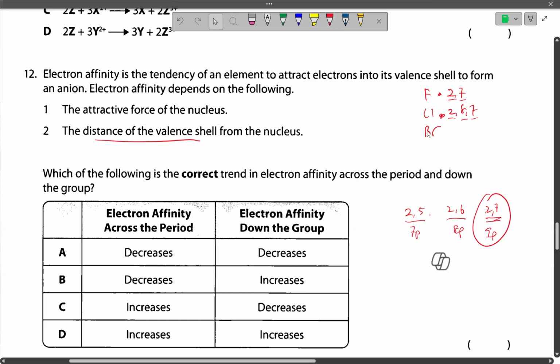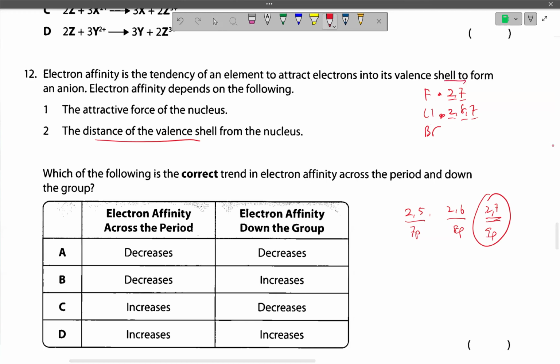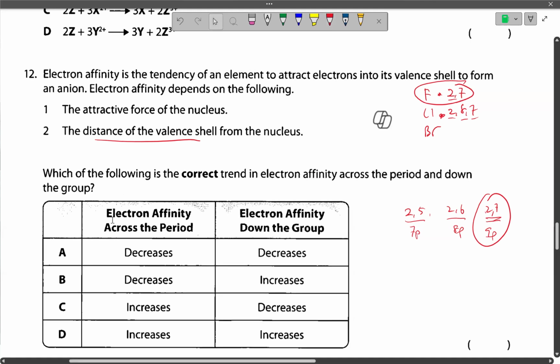That's the reason why the upper right-hand corner is the most reactive non-metal. So across a period, the electron affinity actually increases